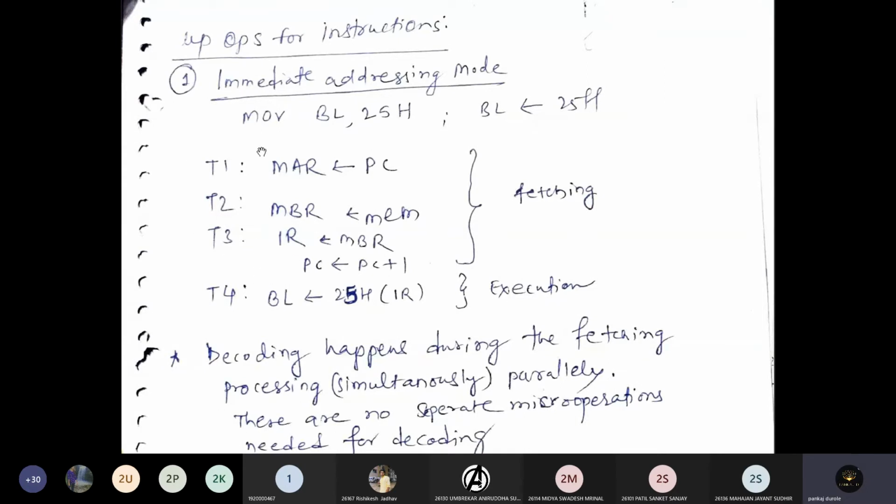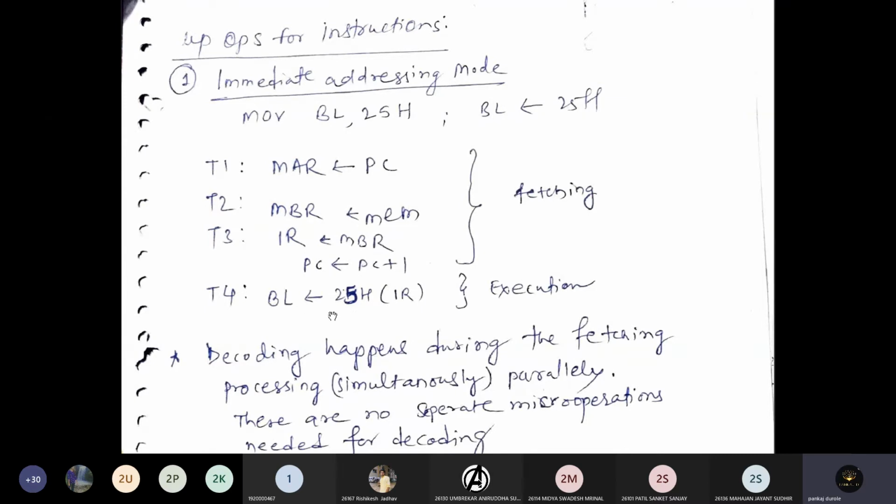These are the basic micro operations needed for probably all the different instructions. But in this particular case, we will mention in the T4 state that the immediate value 25H is getting moved inside the BL register.